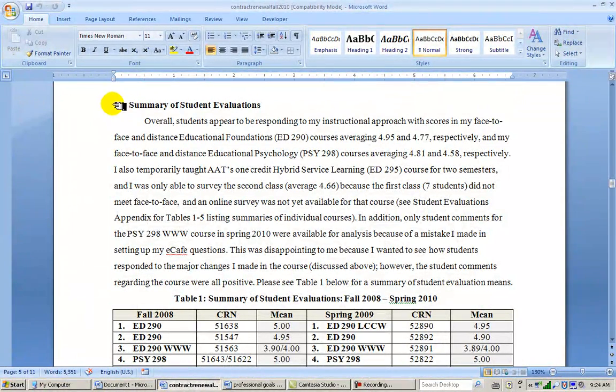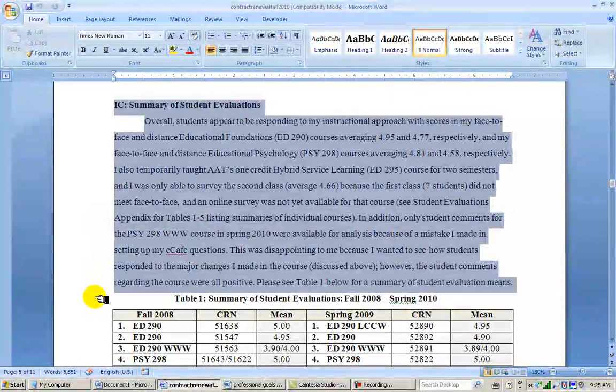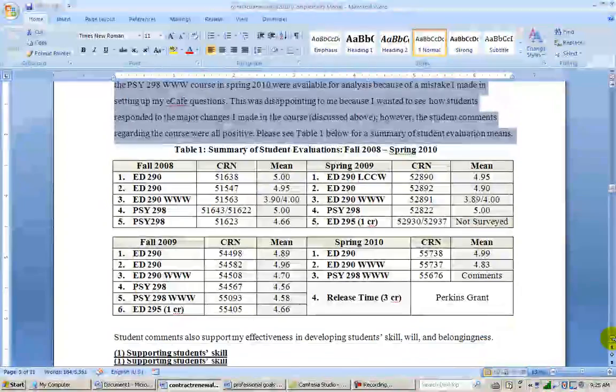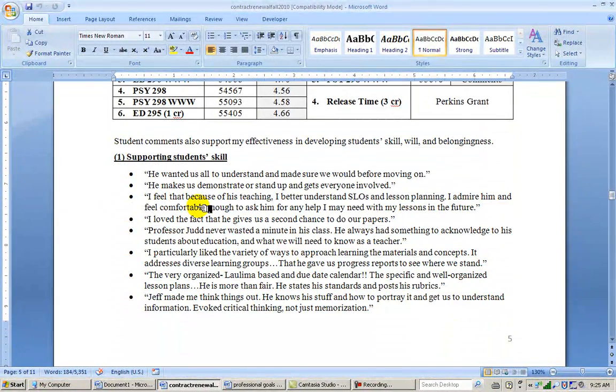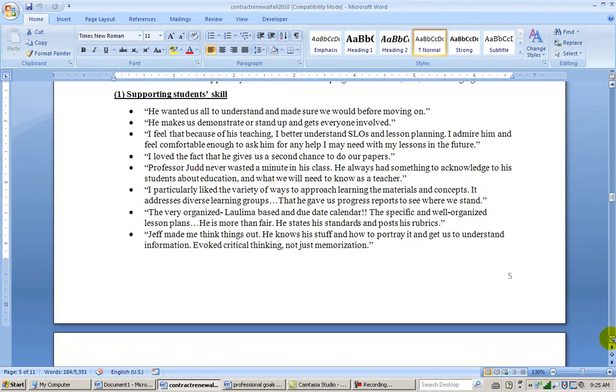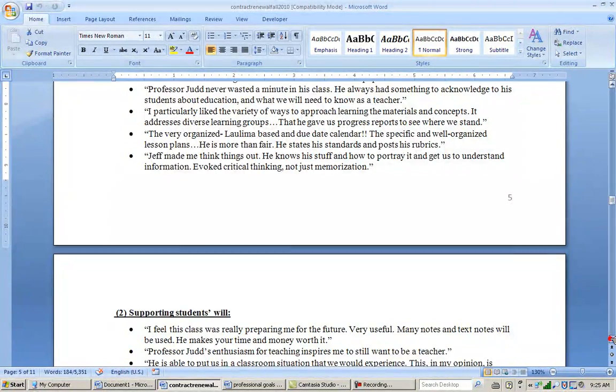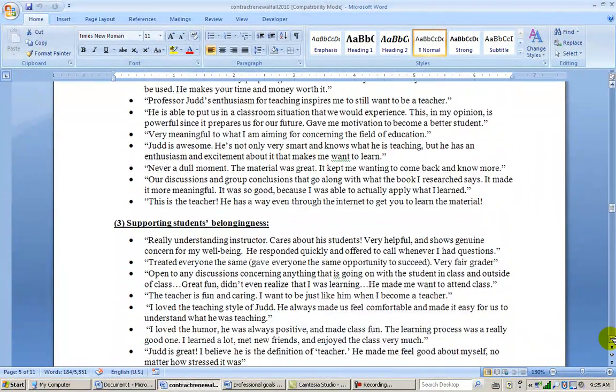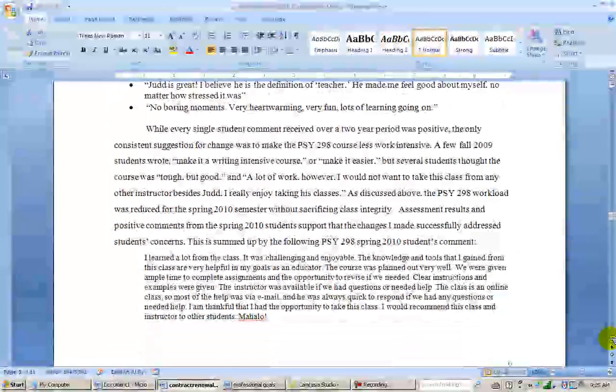Then I actually give the evidence or perception of whether my students are perceiving that we are doing well. So I talk about that briefly, but I connect it to my philosophy, and I actually give quotes that support each part of my 3 parts of my philosophy. So I do that, and then I talk about, do my peers actually